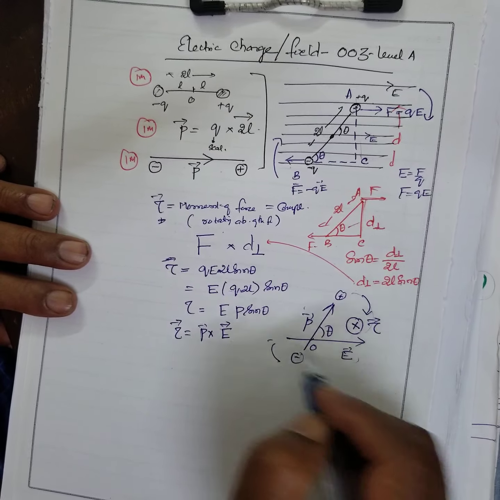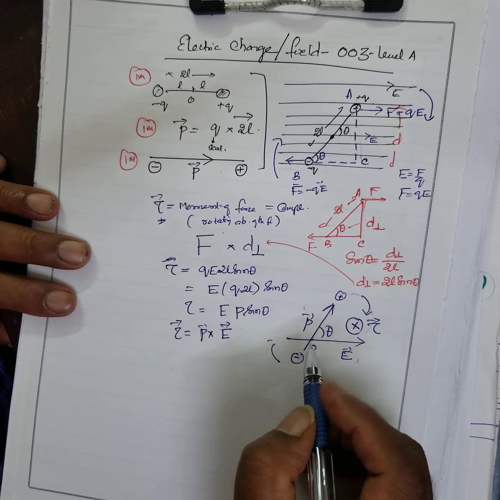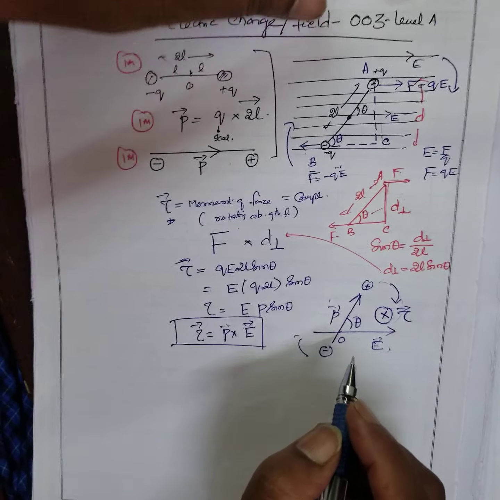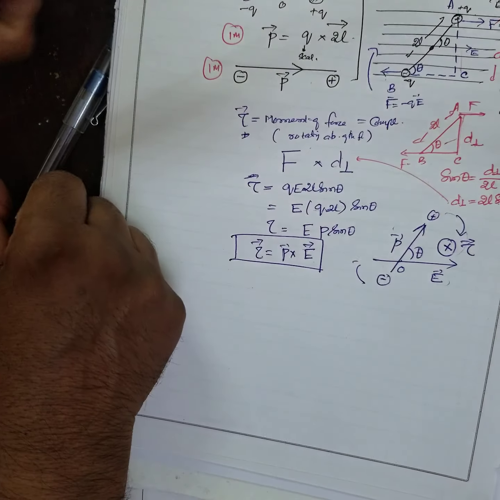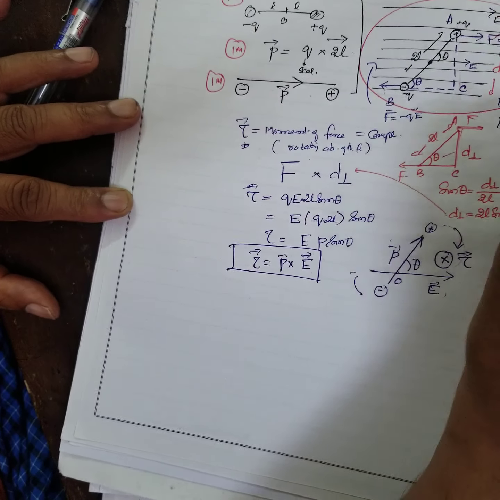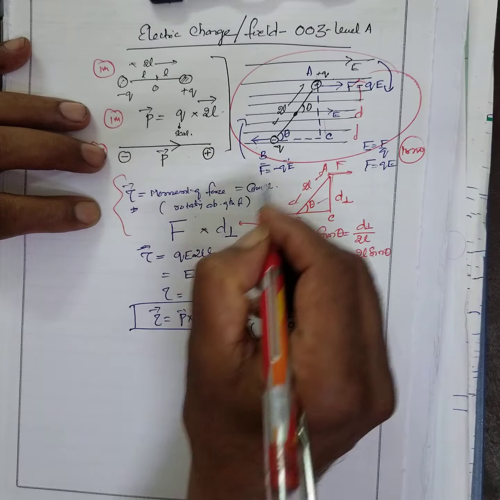This is clockwise, is it not? Clockwise is inside, into the paper. Therefore, this is the vector notation. Better, because they may ask you for 3 marks. Description and all these things 1 mark. Then writing this alone 1 mark.